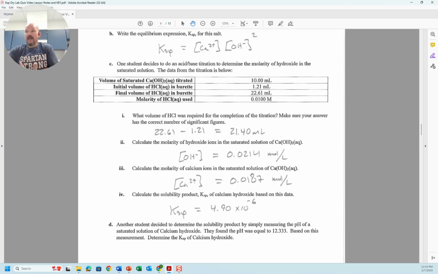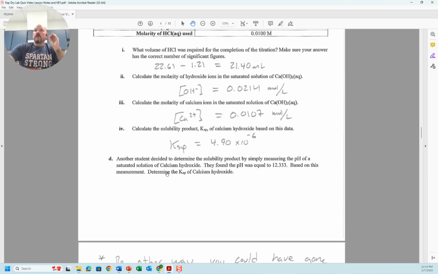Or you could recognize that this number, 0.0107, is the molar solubility, and you could cube this and then multiply it by 4 and get the same value. Okay. So in part D, the student's doing the same thing, trying to figure out the KSP value of